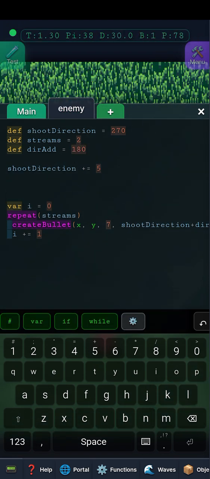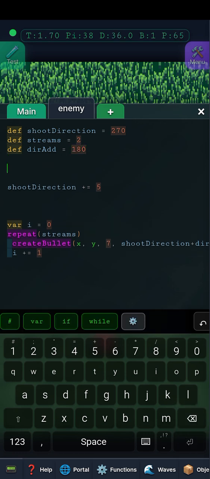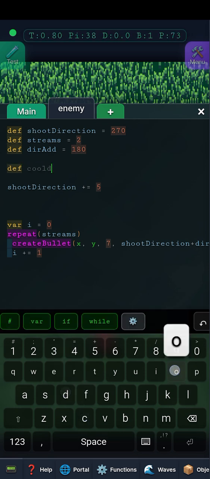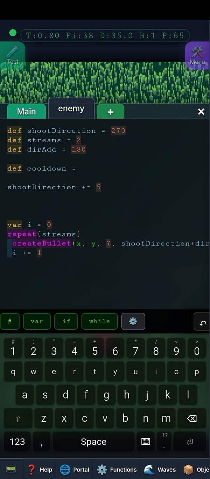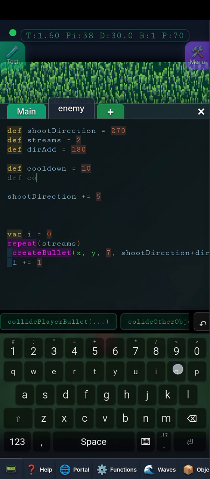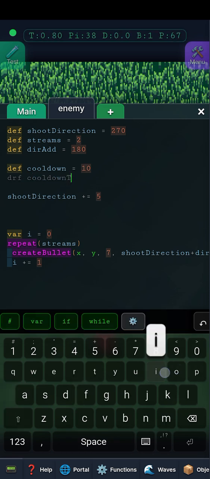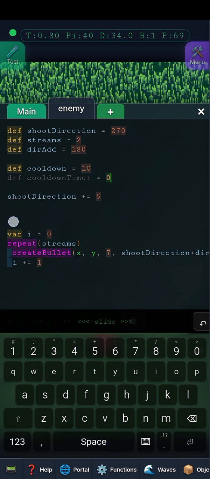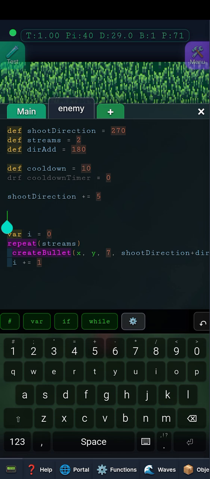Now this is almost everything you need to know. One last thing left. Let's make a cooldown for this emitter. To make a cooldown we need two new variables. Let's make a def cooldown equals 10, and let's make a def cooldown timer equals 0. We're gonna say now in here if